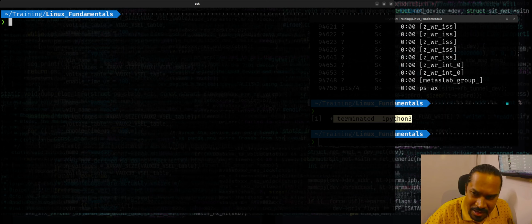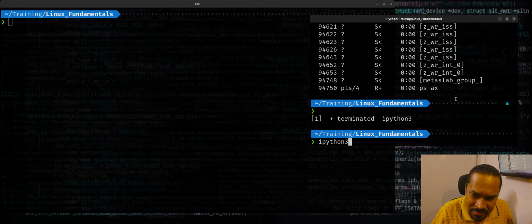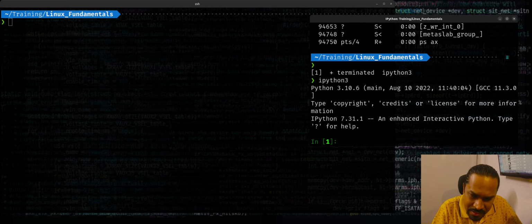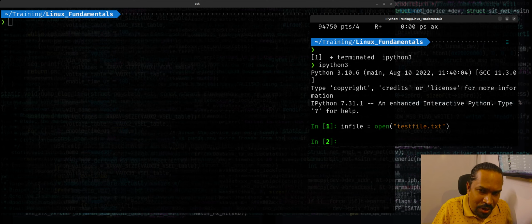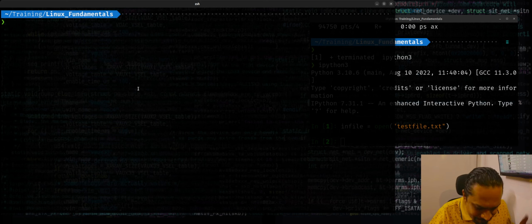For example, let me go back to IPython in here, and let me just open this file. Say I want to find out the process ID of a process that's opened this file, test file.txt, without using fuser. How do I do that? Well, you can actually do a search like this. You can just do a for f in /proc/[0-9]*/fd/*